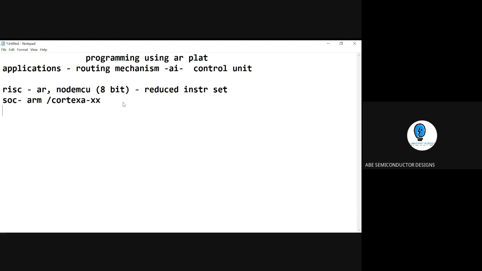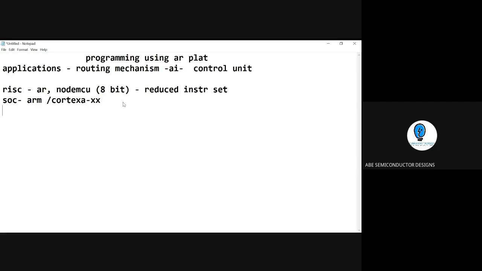The third thing, the most important criterion when you do the programming, is that everything is register based. When you are thorough with the registers, you can do the program and implement it on the board. So everything is register based coding. This is what we have to take care about, the three important features of a RISC architecture.